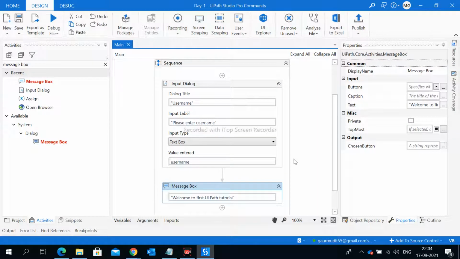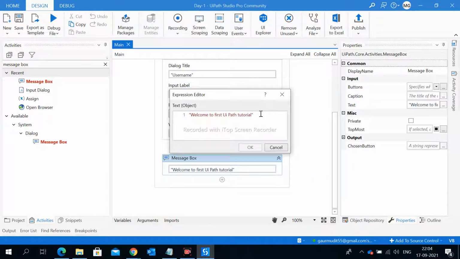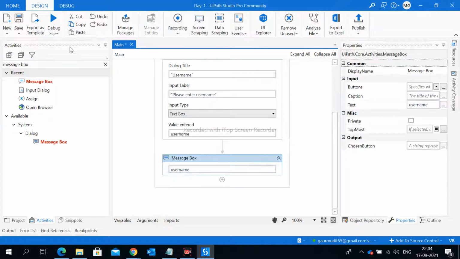Now we have assigned a value to username. If you want to see the value, we can do one thing: just remove all the things and type the variable, username. Okay, click OK, debug file.